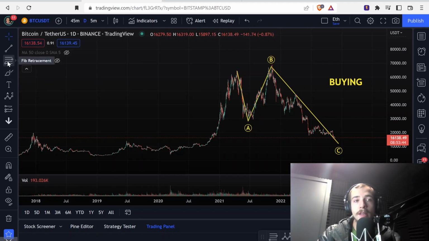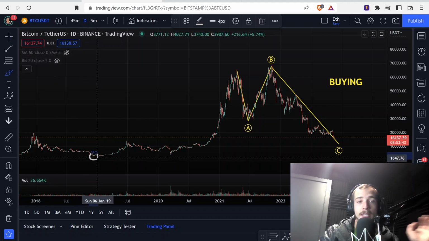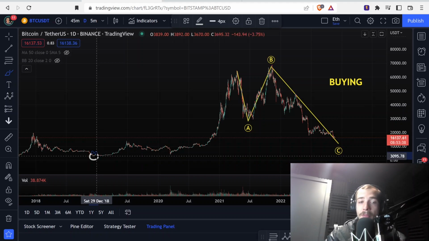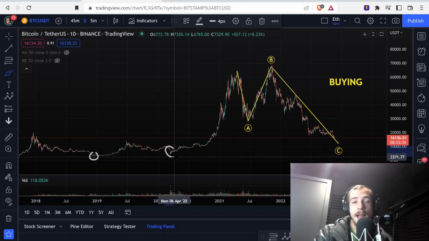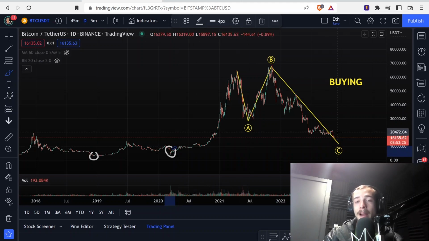You know, one of the last times I got this excited about Bitcoin was here in 2018 when it was worth about $3,000, and here in 2020 when it came down during the COVID drop. I got really excited about Bitcoin at both of those points and places. I'm doing the same thing right now.